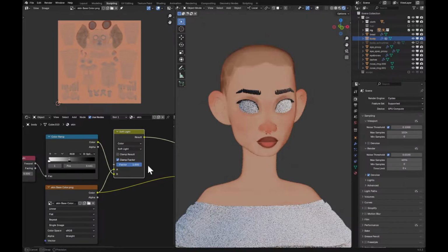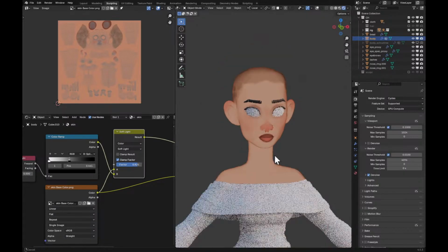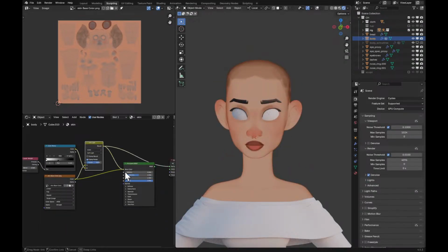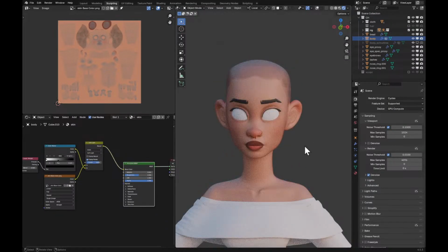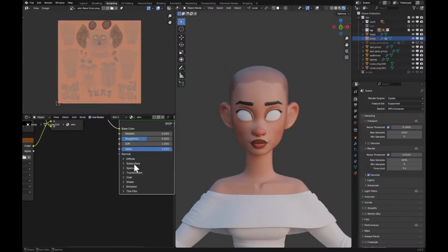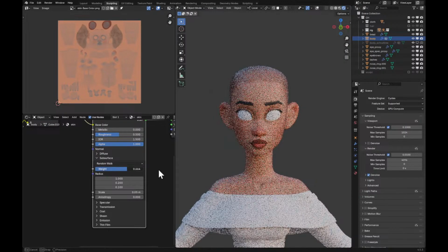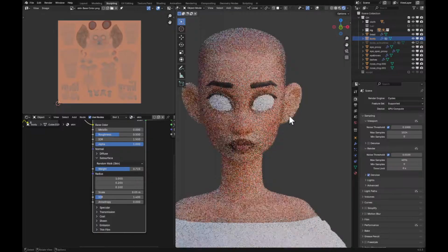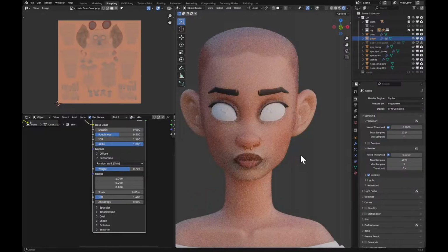You can also take this up to something you like, and then I'm going to plug that into the base color, and yeah, that just looks nice. I'll also turn on subsurface scattering for this character. So I'll bring that up. I'll change this to random walk skin,